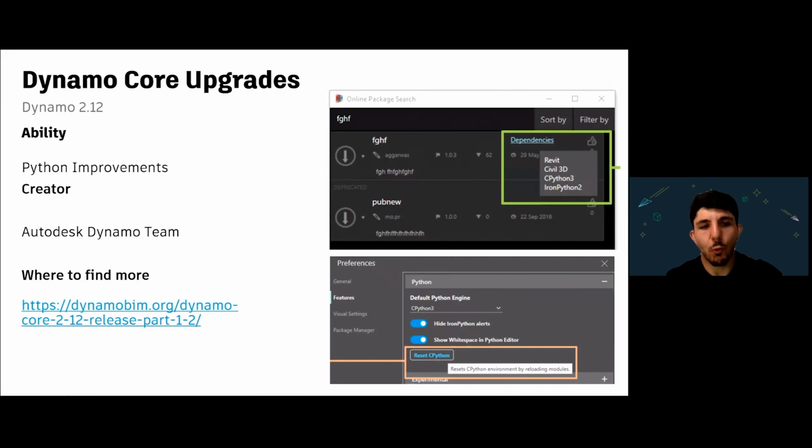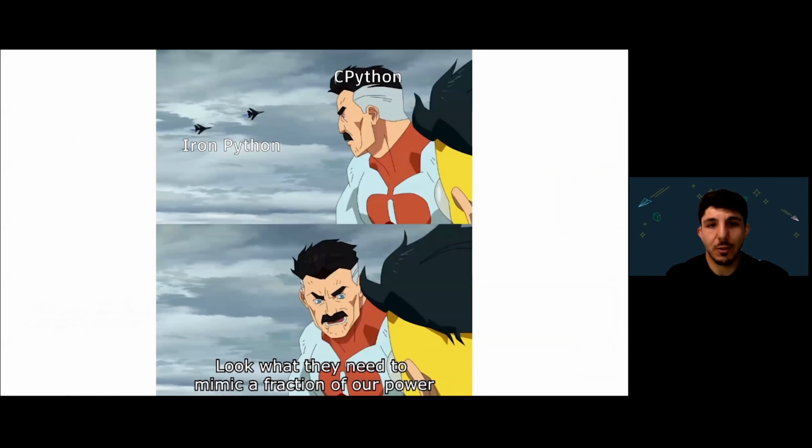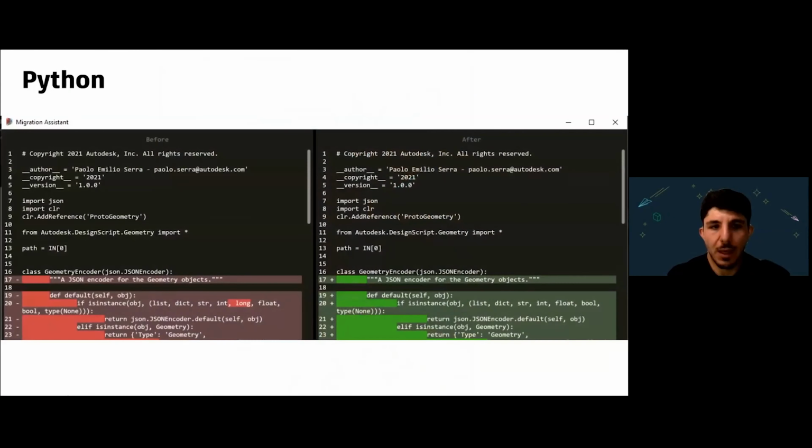But nothing quite as reverberating or interesting as the core upgrade to Python. And we'll talk a lot about this later. It used to be IronPython, which was Python 2.x. Now we have the chance to use CPython 3.x, and that increases a lot more things we're going to talk about a little later that you weren't able to do with Dynamo before. This is a huge upgrade. And just to let you know, IronPython, while it's good, doesn't have near the capability of what CPython could do. It only has a fraction of the ability of what CPython and Python 3.x can do. And there's a whole migration assistant to help you change from the older version to a newer version, which you can check out in the release notes for 2.12.